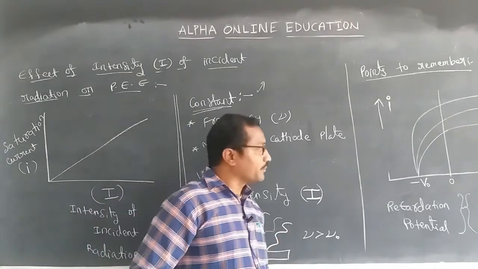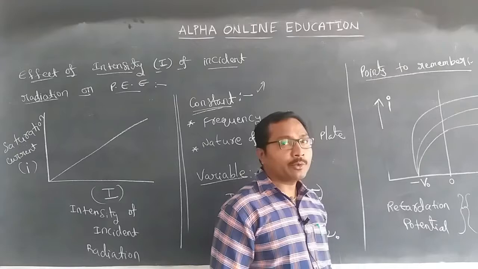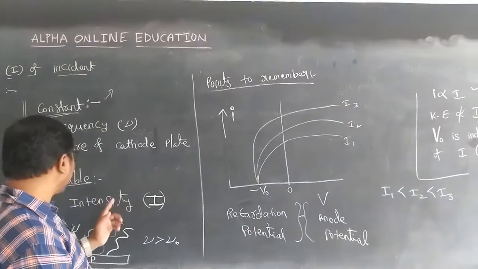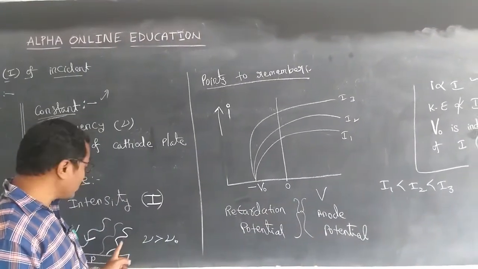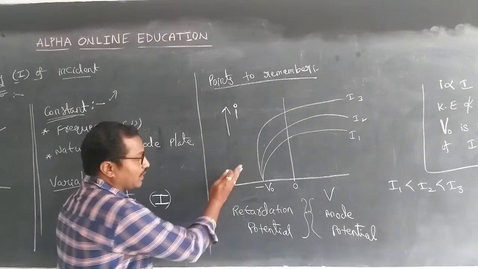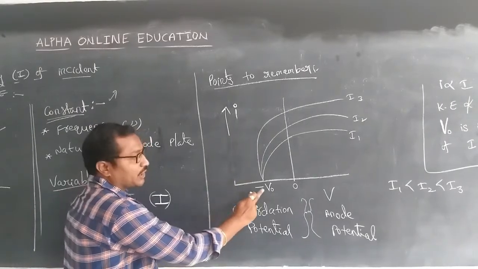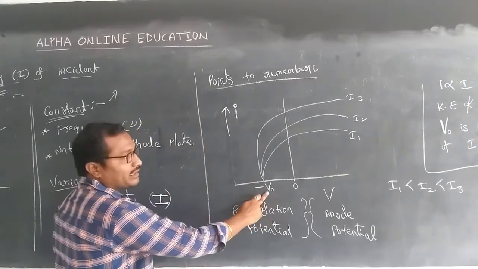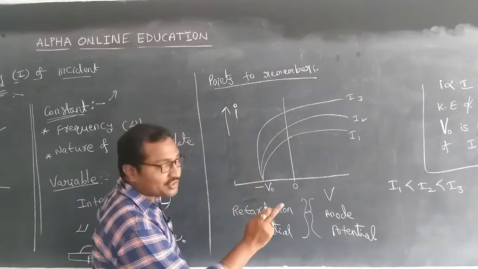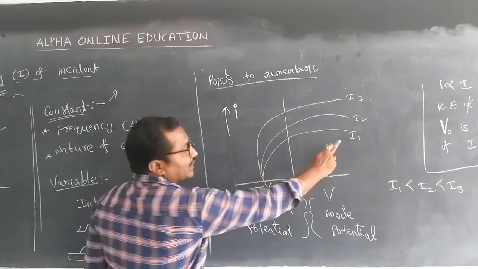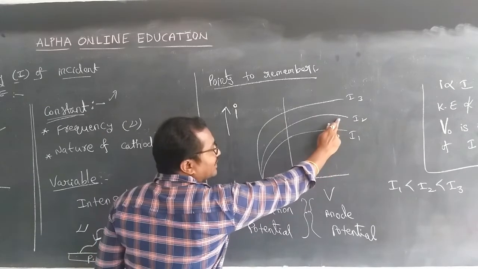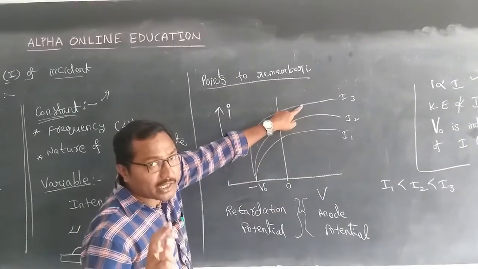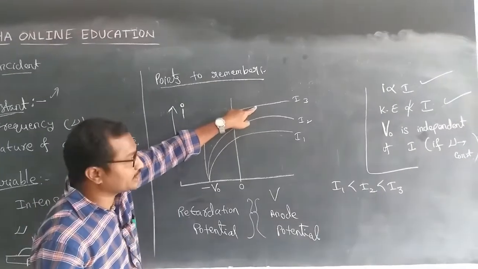Okay, right. Now, which type of graph are we going to get by changing the intensity and keeping the frequency of incident light and the photo plate constant? Okay, fine. Our photo plate is constant, so the stopping potential is constant for all intensities of incident radiation. See here, we are giving one intensity, another intensity and another intensity. It means we are changing the intensities by keeping the frequency constant.